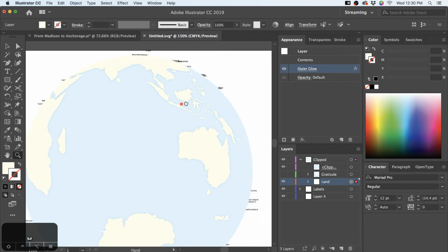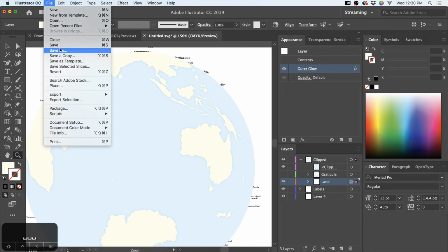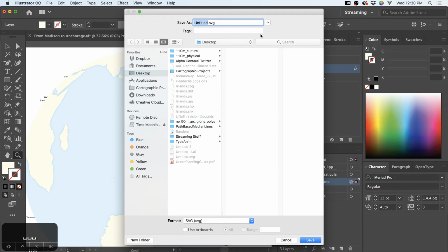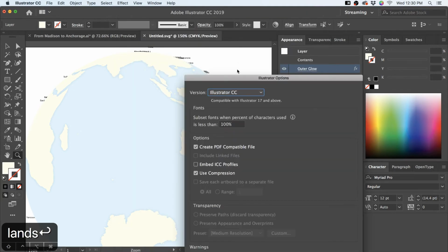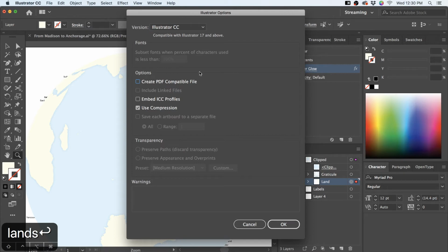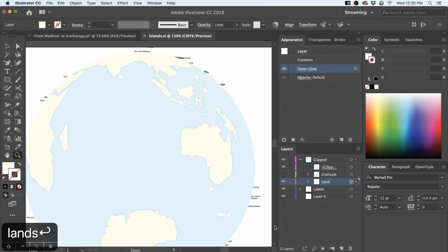Yeah, so very good. I should probably save this in case anything terrible happens too. I save very frequently, every several minutes when I'm working, except when I'm demonstrating to people. Then for some reason I usually forget. Islands. Great, that's what we'll call it, islands. I usually turn off create PDF compatible file. It turns out by default you can load an Illustrator file right into Acrobat and have a look at it, or into other PDF readers, but it takes a lot more space. The files get bigger. So I usually turn that off unless I've got a great reason to do so.